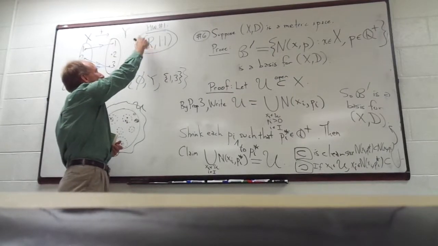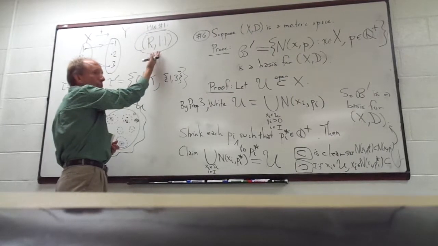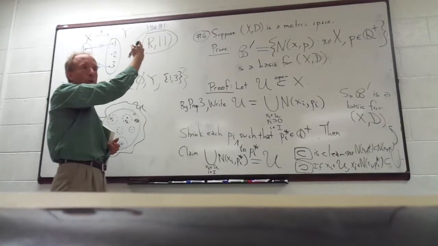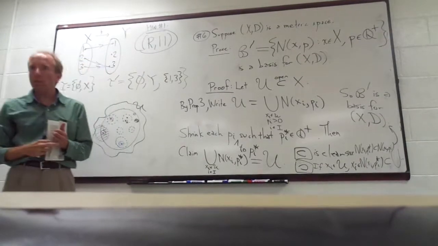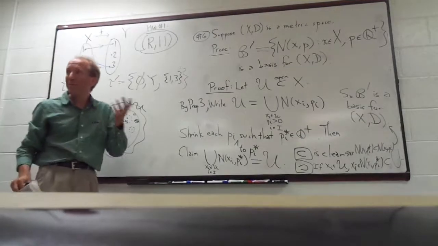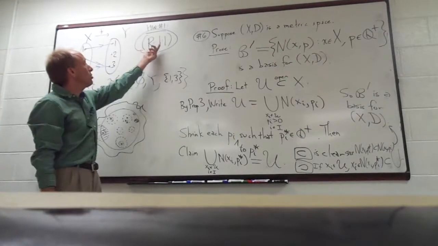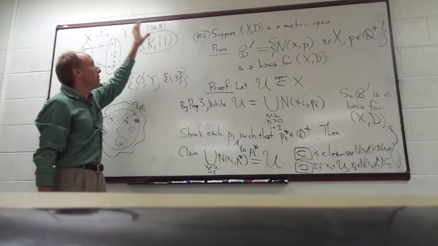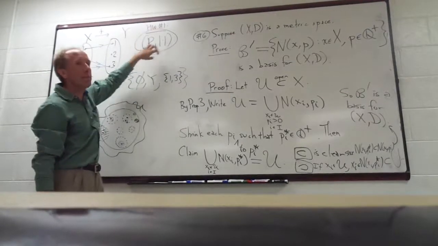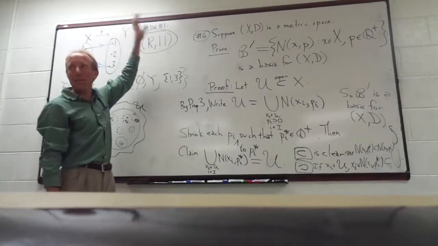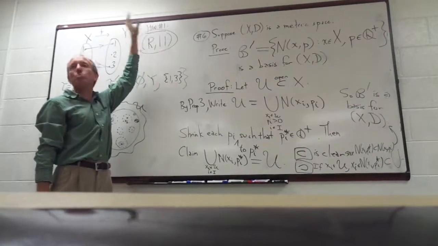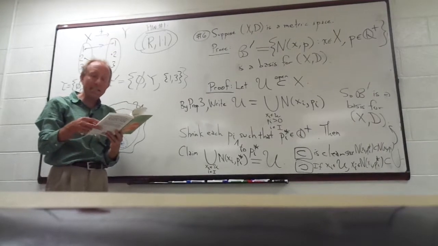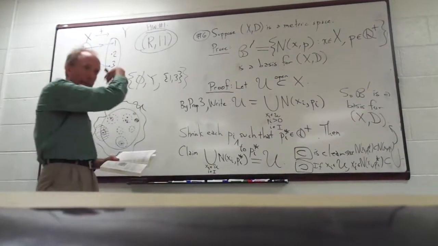It says prove that the topology on this space. Now what is the topology on this metric space? Well, the open sets are just the D open sets, right? So basically this is just unions of open intervals. Okay, so we're talking about unions of open. So an open set here looks like a union of neighborhoods, which is a union of open intervals. Prove that that topology is the same. In other words, the collection of all